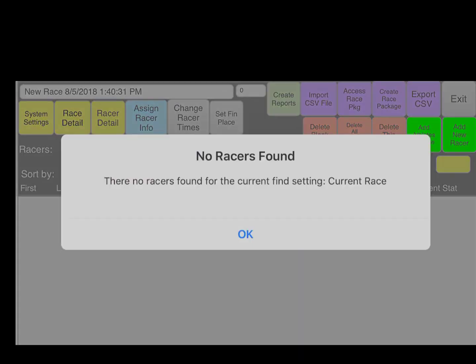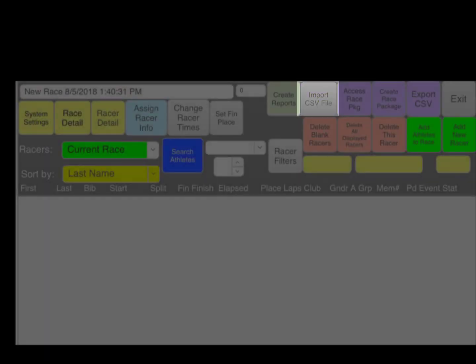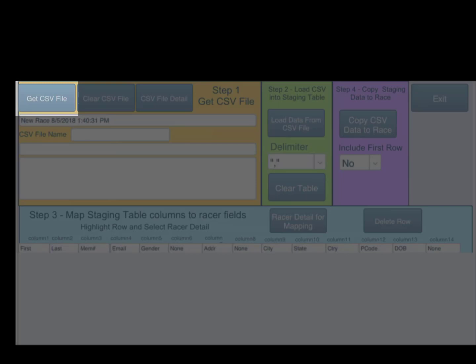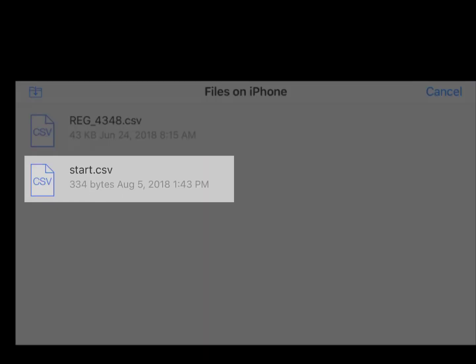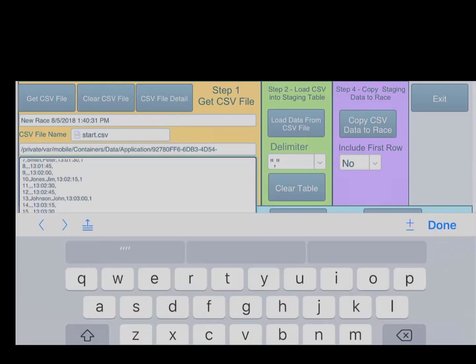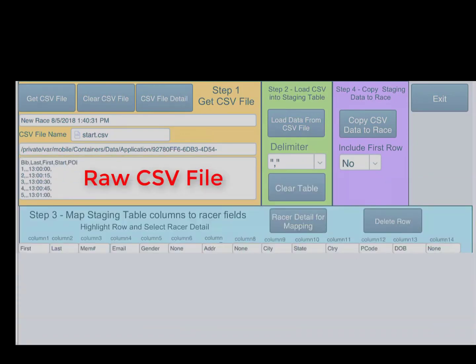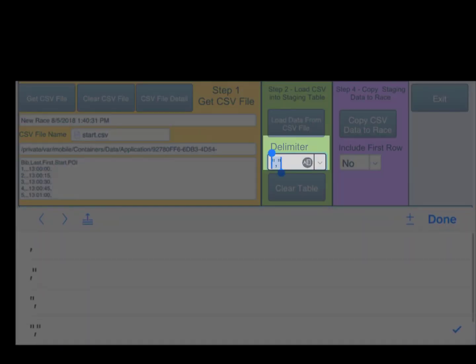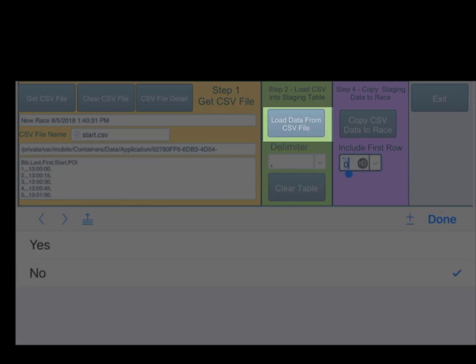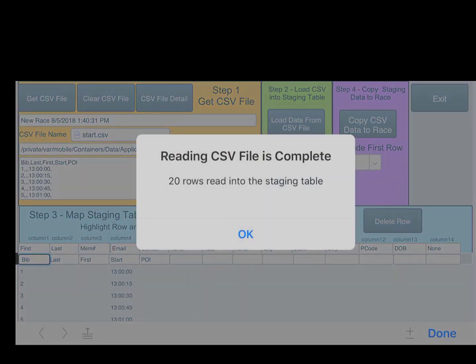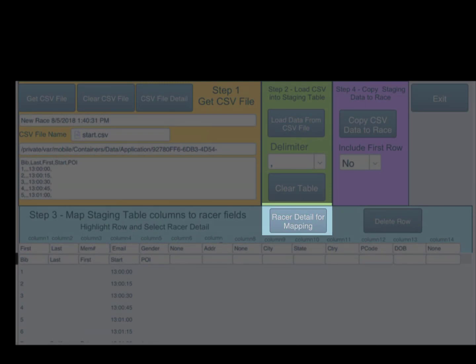You'll see with the iPhone version of this application, sometimes the phone is held horizontally and sometimes vertically. Now we find the CSV file, load it into the application. It's in its raw format. It has not been broken out by commas. We change the delimiter from quote comma to just commas, and then we load the raw file into the staging